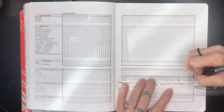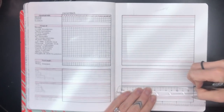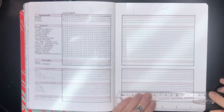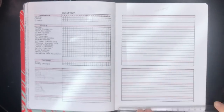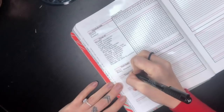Okay, guys, so here is the spread. This is obviously quite a ways through. I hadn't really even thought about sharing this in video format. I had already planned on sharing it on Instagram, but I figured that a video gave me a better opportunity to fully explain how I'm using it and what I'm going to be doing and all these sidebars,